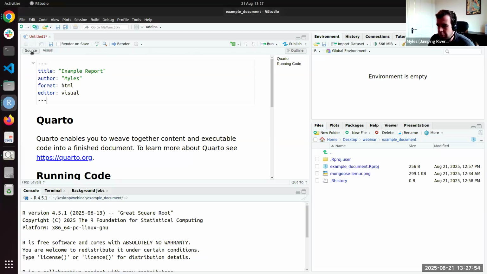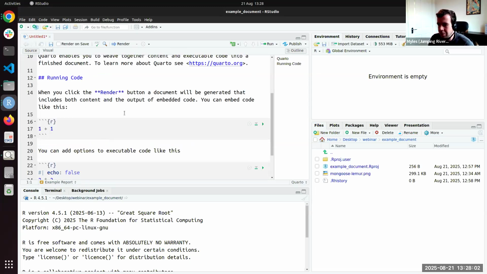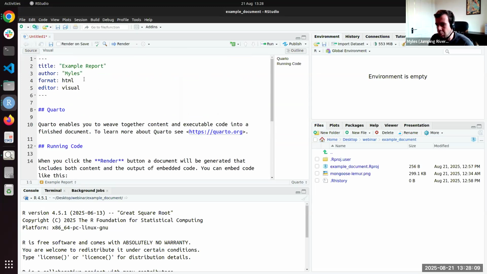The way this works, you've got two ways to view a Quarto document in RStudio. You've got the source pane, and this will basically allow you to view the text code, the actual plain text, essentially. So this is kind of the raw Quarto document, what it actually looks like.